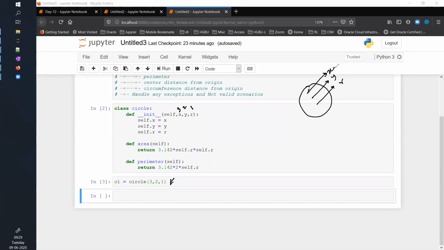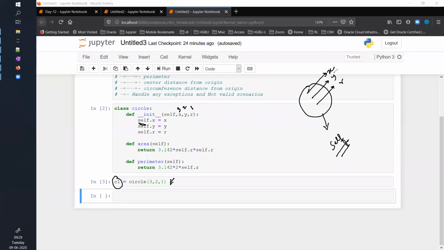And this object is called self. This object is internally identified as self by this blueprint. To the outside world, it is C1. To the internals of circle, it is defined by self.